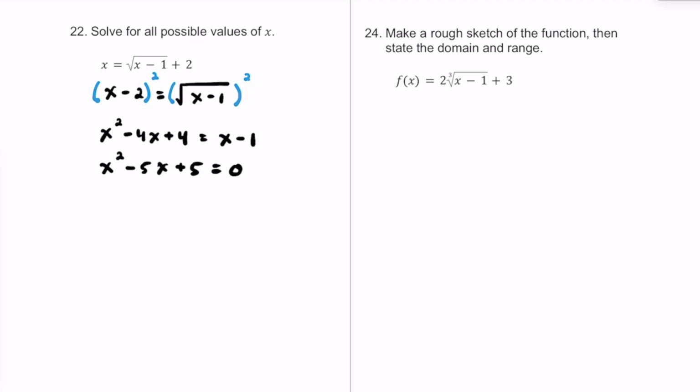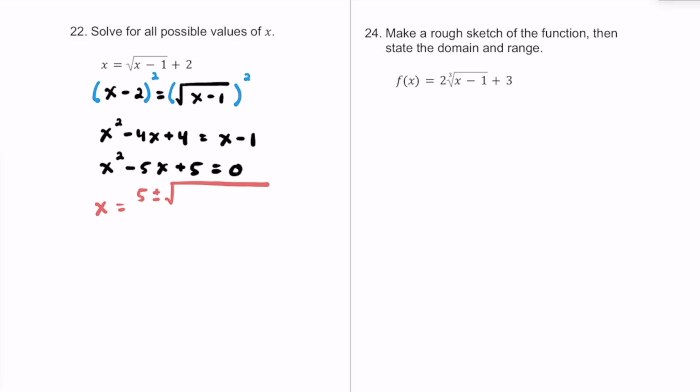We could try to factor. I don't think we can do so here. Completing the square is more friendly when this is an even number, so I don't really want to do that. So I'm going to go ahead and use the quadratic formula here. Okay, so I'm going to say x is equal to the opposite of b, so negative 5 is 5, plus or minus the square root of,